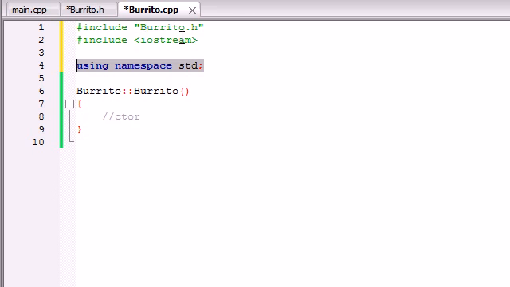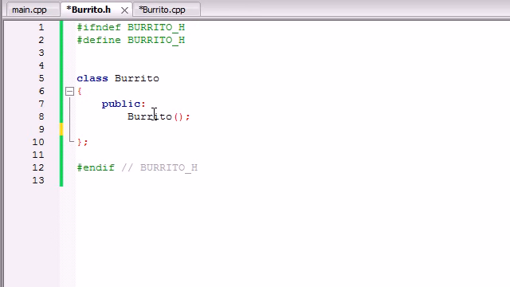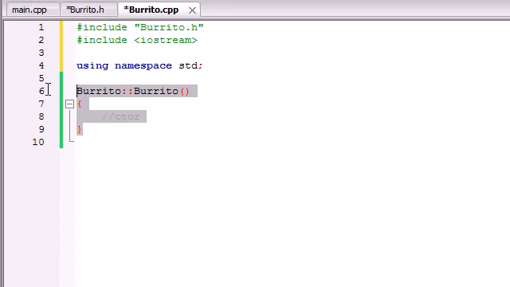Another thing that you're going to see is this class has already built our constructor for us. Remember in the last tutorial I taught you guys how to build constructors, what they are, pretty much functions that get called automatically. Well, as you can see, this already builds the function prototype and starts building the function body for us. So by default it just has a comment in it, and I don't even know if I told you guys what comments are, but they're pretty much just little notes that you could write to yourself, have no effect on the program. So let's go ahead and delete this,